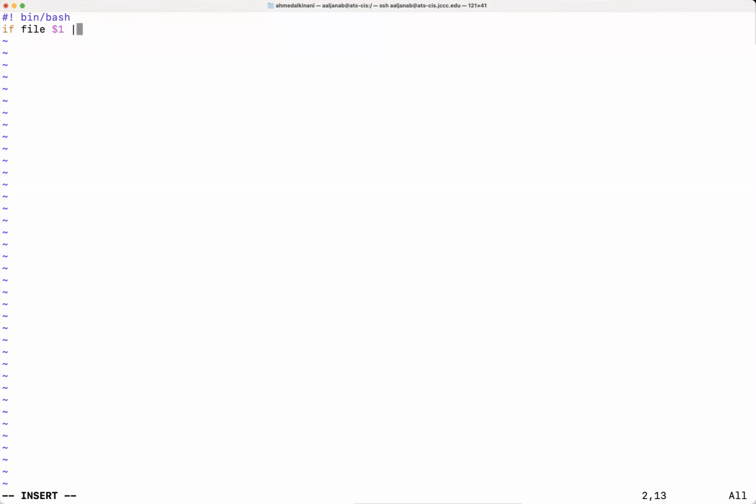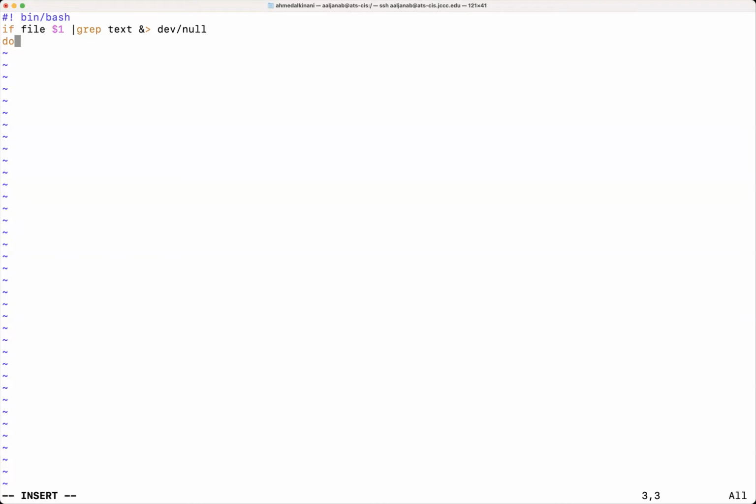And then after that, I'm going to use that output, that file. If it's a file, I'm going to grep the text file part of it. If there's a text part there, I'm going to redirect the output to /dev/null. Because again, I'm not interested in showing the results. I'm just trying to check if the file that I'm going to read with the $1 is actually a text file. That's what I'm looking for.